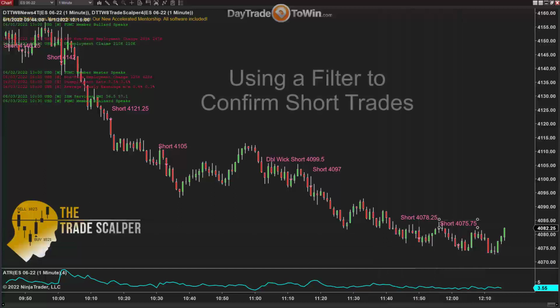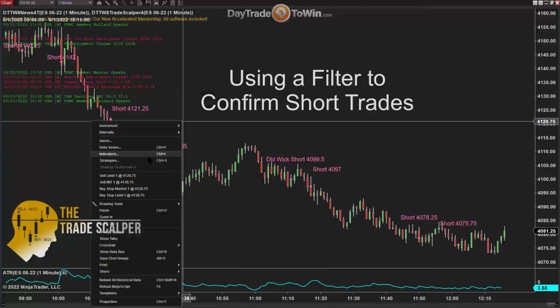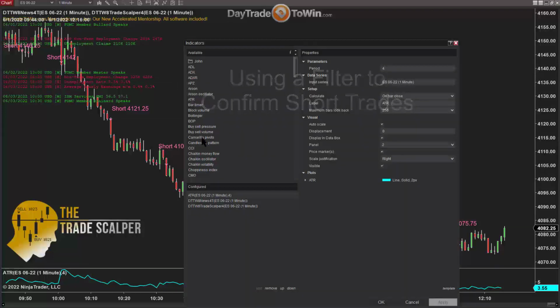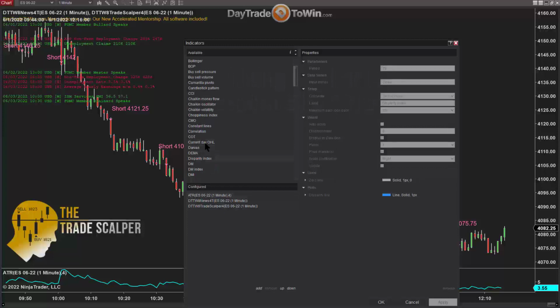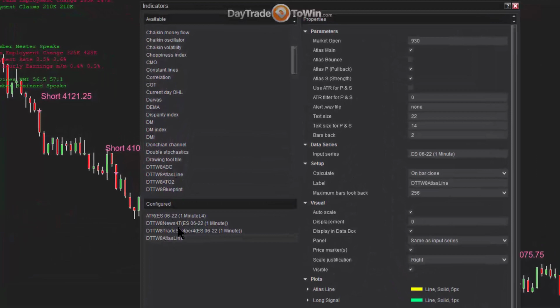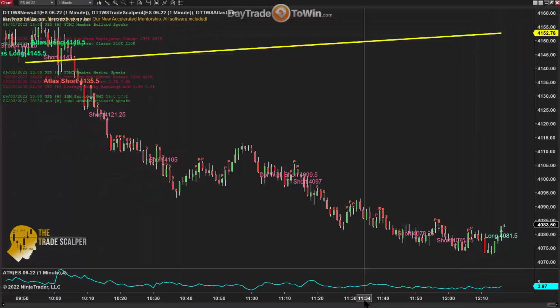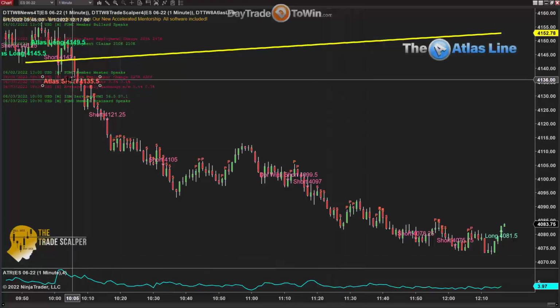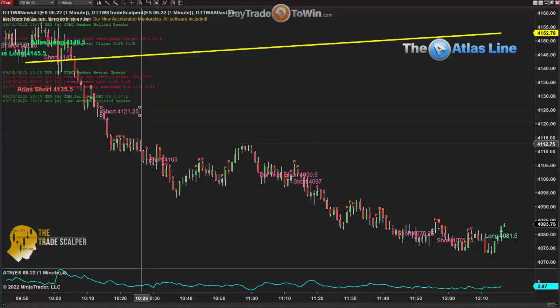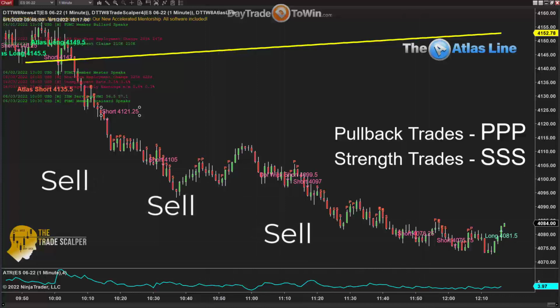But that being said, you may want to add another method as a filter to make sure that everything is on the short side. So if I look at adding another method, let's add the Atlas line. What does that look like in comparison to all of the other methods that we have here on the chart? So I'm going to add the Atlas line. I have the Trade Scalper, I have the news, and I have the ATR, which dictates the volatility. And so now we have the Atlas line with a short signal here early on, and then all of these P's and these S's that you're seeing, these are all opportunities for selling the market on a pullback and a